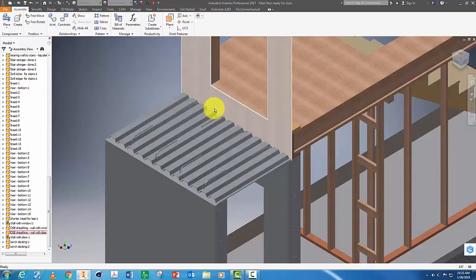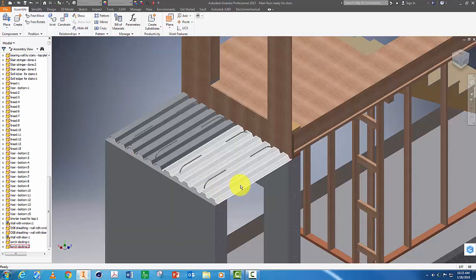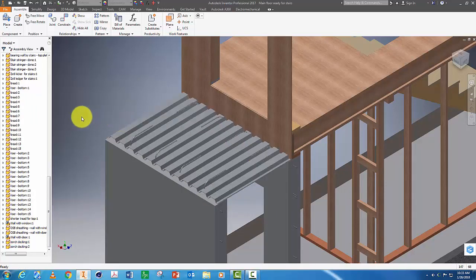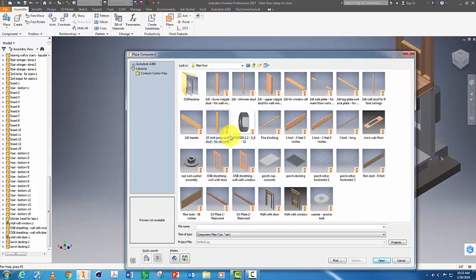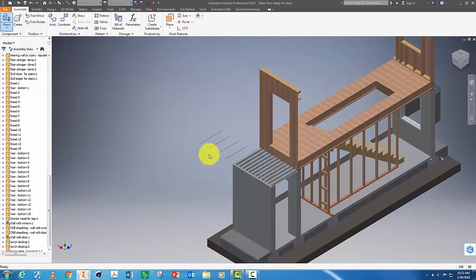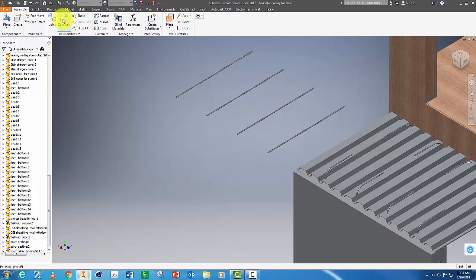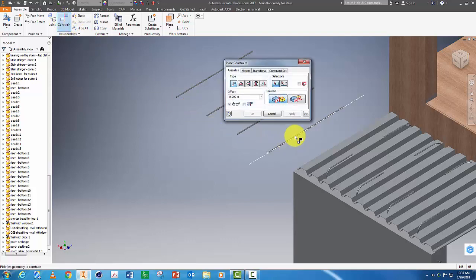And that's close enough. Before concrete is poured on top of this decking, we need to put additional rebar here to reinforce that concrete. In your main floor file, place porch rebar horizontal 1, and to constrain this, pick center line to one of these center lines and offset it 1/2 inch. Apply that, and then do the same to the other side, center line to center line, offset it 1/2 inch,